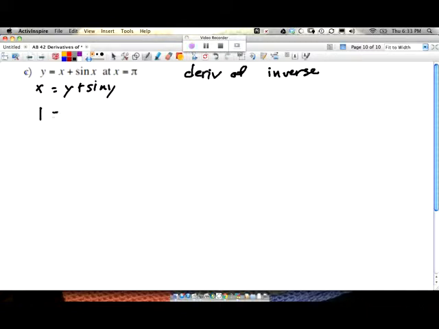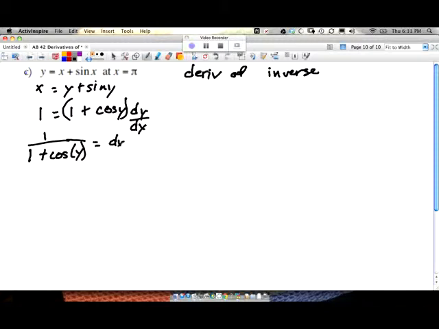Alright, now let's do implicit derivative. That means 1 equals (1 plus cosine y) dy/dx, because each of those had a dy/dx. I have one from the first one and from the second one. Okay, so then I have to figure out 1 over (1 plus cosine y) equals dy/dx. That's what we're at. So we know x equals pi. So if x equals pi,